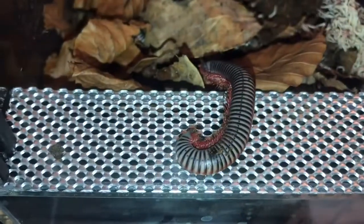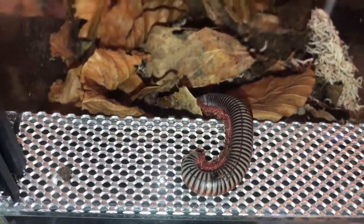What is it? I have 5 rainbow millipedes. No, they're in the cupboard now. I have 5 of these. What is